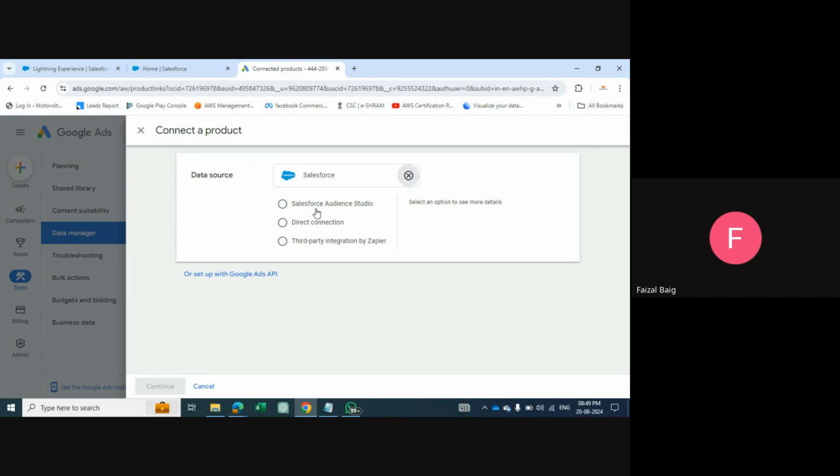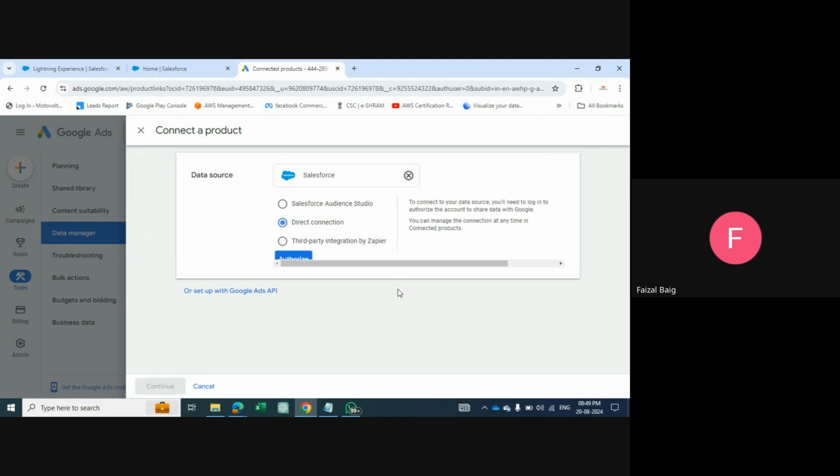Here you can see Salesforce Audience Studio direct connection, and the other option, set up through Google Ads API. So you have to click on direct connection. Let's see. Set up through Google Ads API. Just a moment. Do not click on it. If you are linking Google Ads,